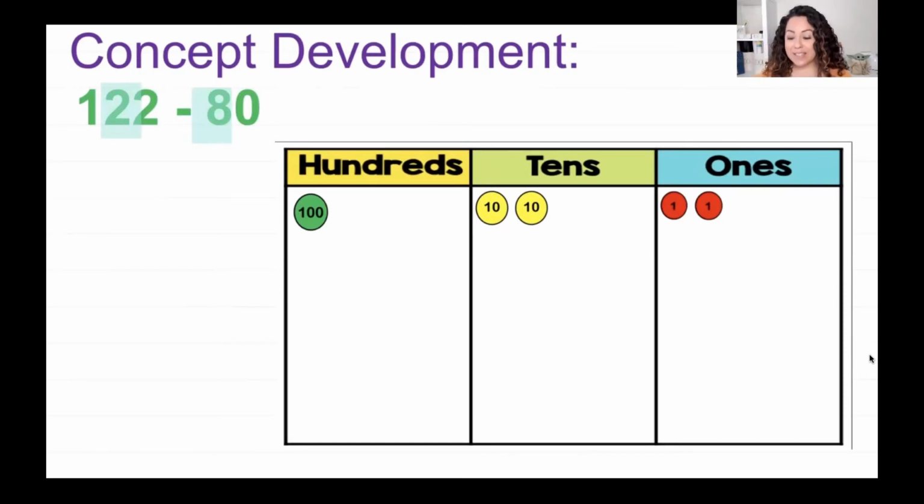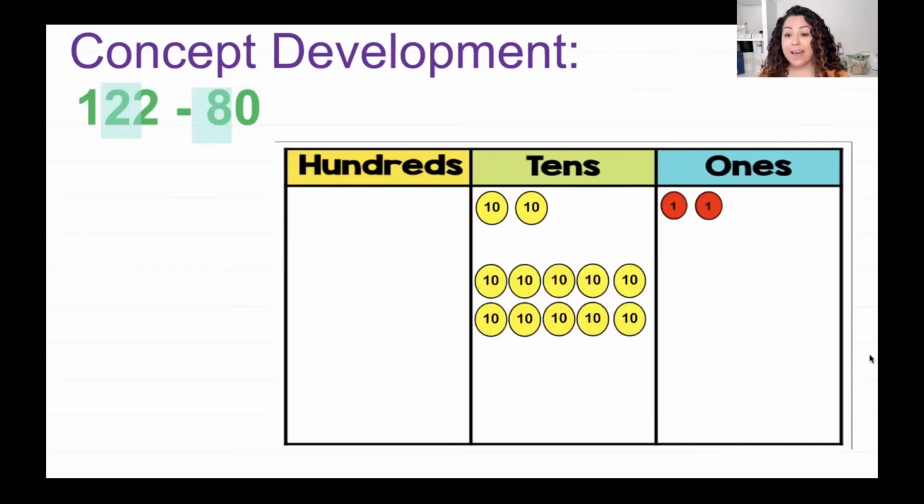So let's go ahead and remember, I need to go next door. So I'm looking at my 100, and my 100 is going to slide right over to my tens place. And then remember, I have to unbundle it. Now, when I unbundle it, remember, 1 big is equal to 10 littles. So I turned my big into 10 littles.